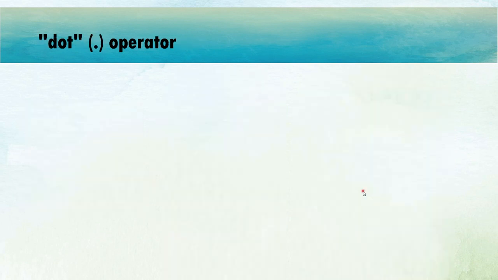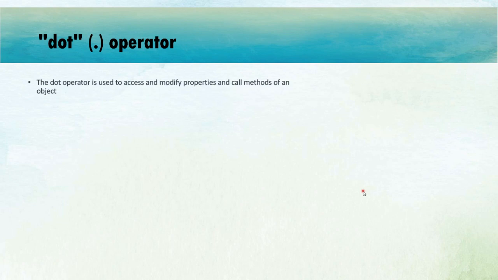Now let's move to dot operator. Up till now we have learned how to create class and object. Let's learn how we can access and modify the properties. So this can be done using dot operator. This dot operator is used to access and modify properties, and it is also used to call methods of an